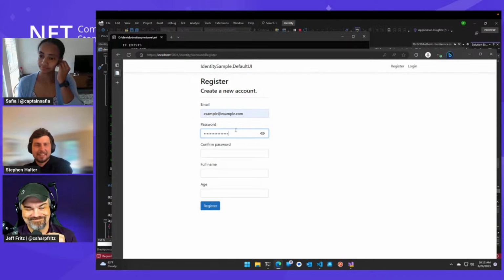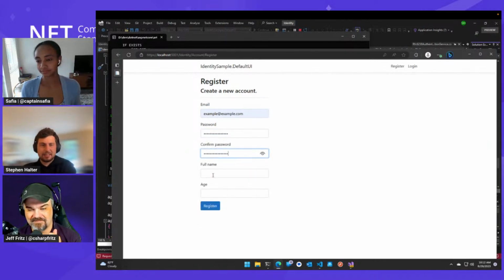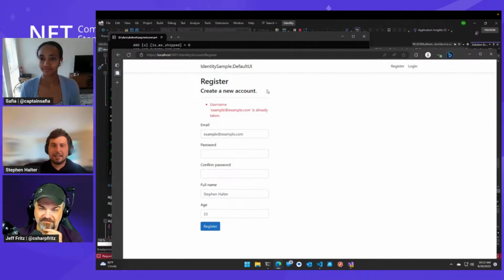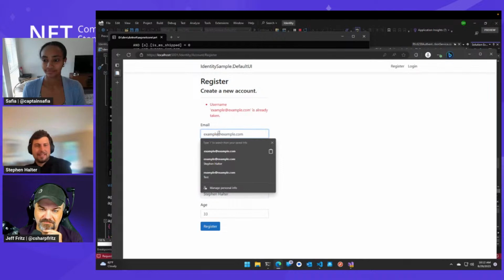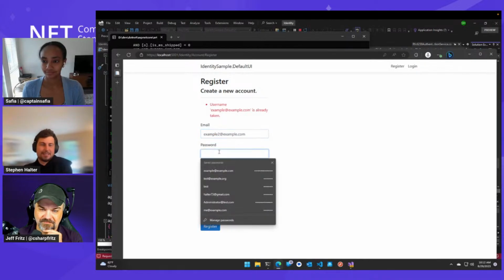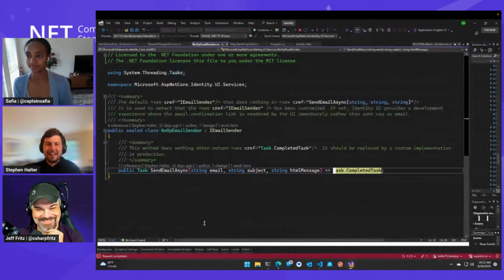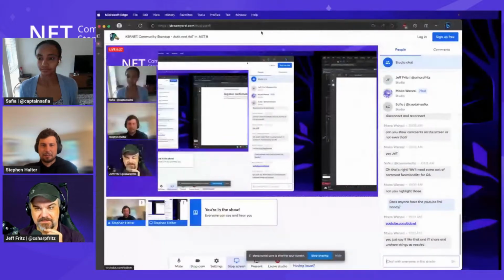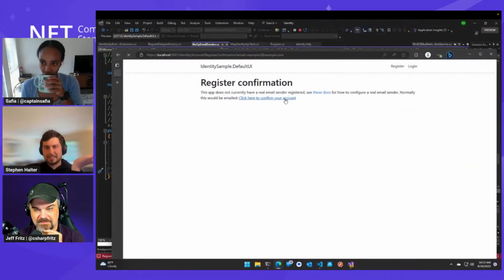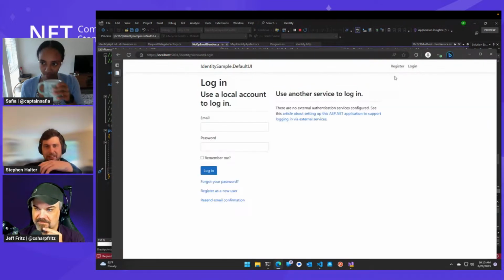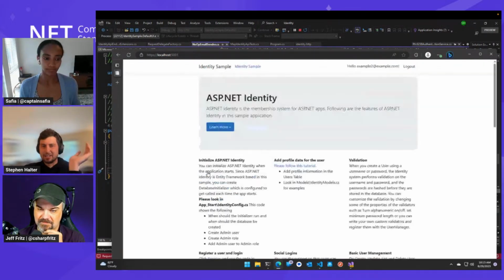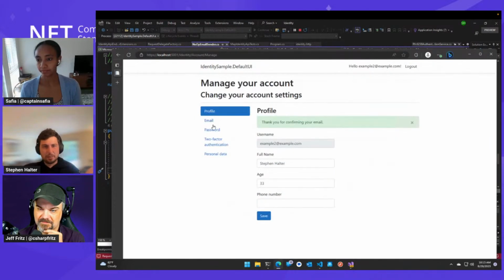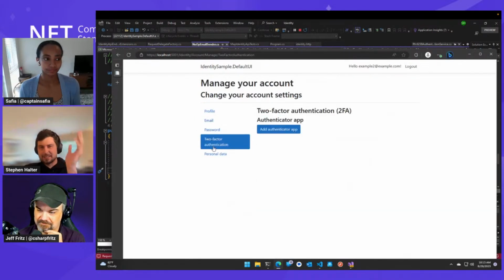Basically, it gives you a way to register an account. I can put my name in here. I can put my real age. And it's using a real database, unlike the in-memory database in my sample. So we'll just do that. And it sends some email. That's something we'll be looking at later. It allows you to do some confirmation and stuff. And then typically, you can click to confirm your account here in the login flow. And then you can log in, and get your management endpoints. You can set up 2FA, reset your password, all that.